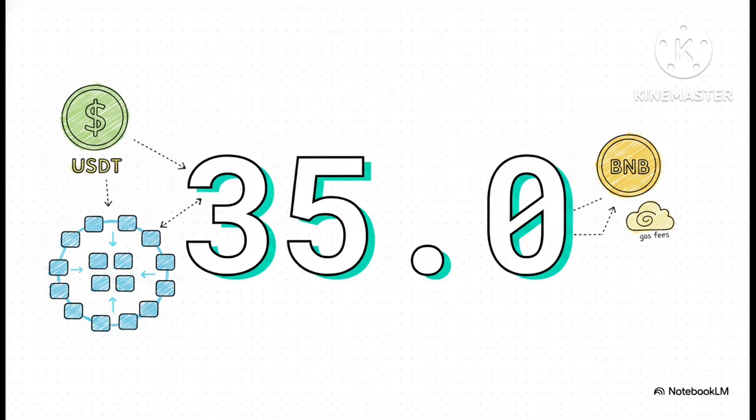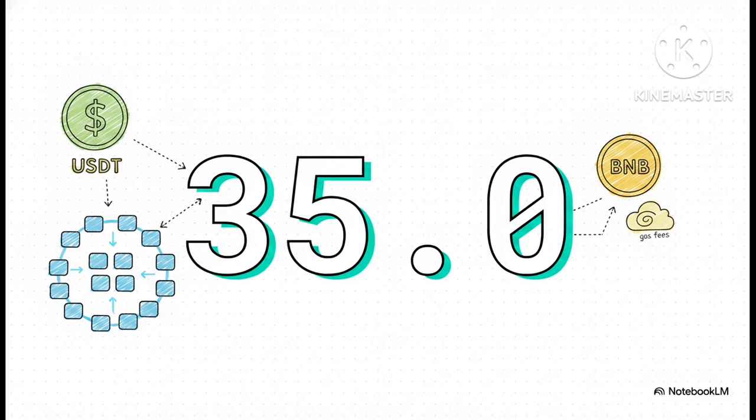Now, keep in mind, because all of this operates over on the BNB Smart Chain, you're also going to need a tiny amount of BNB cryptocurrency sitting in your wallet. That's just to cover the network's gas fees. Basically, you're paying a microscopic transaction fee to the blockchain itself, not to Mintora Matrix, but the core entry package itself,